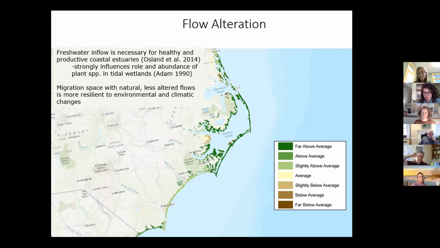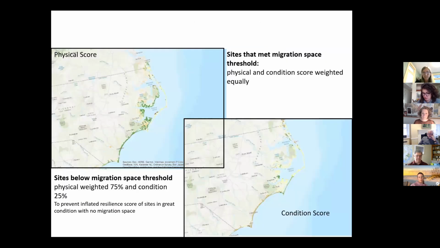Again, that kind of flow, as well as the sediment supply, is often hindered by upstream dams. So areas with less altered flows got higher scores for freshwater flow. So again, the tool meshes for a final score the physical attributes of the site with the condition attributes of